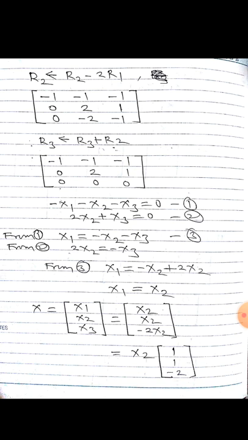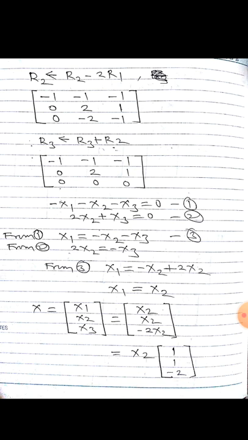Again in R3 we can perform R3 plus R2. So R1 as it is, minus 1 minus 1 minus 1. R2 0 2 1. R3 0 0 0. Now we write the equations. Minus x1 minus x2 minus x3 is equal to 0. 2x2 plus x3 is equal to 0. Equation 1 and 2. From 1 we can write x1 as minus x2